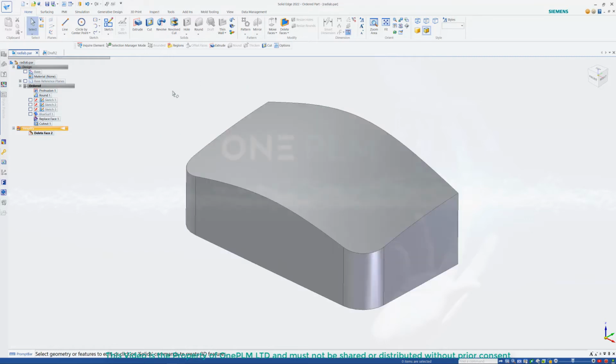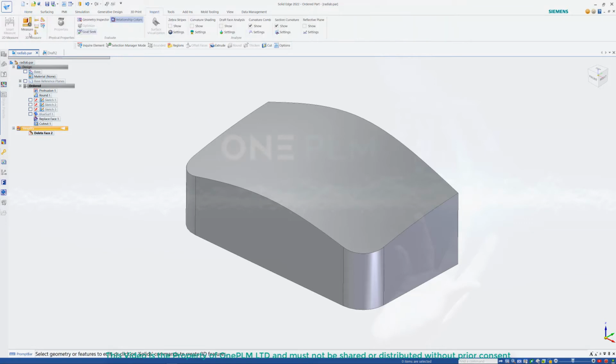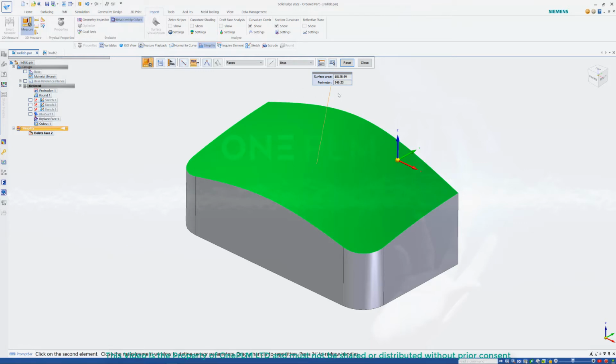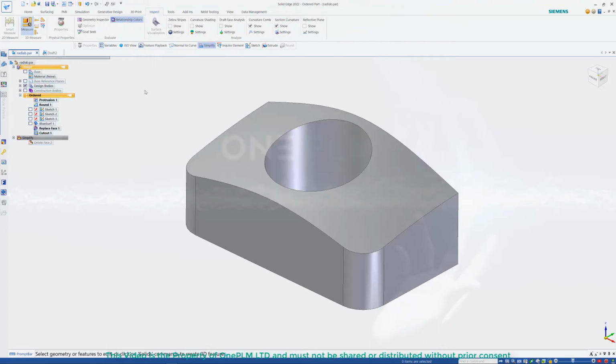So in this model state, I'm going to measure, and I'm going to create what I'd like to call a live variable. So if we go to our Inspect tab and go to our Measure command, we can choose from our drop down, make sure on the faces option, and select the top face. That's going to give us our measurement variable, our surface area. I'm going to add that as a measurement variable, and that's then going to appear in my variables table. I'm then going to change back to my ordered modeling and go back to my Measure command,